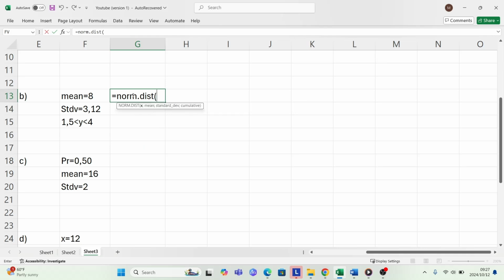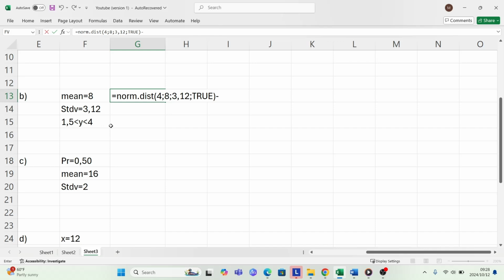In this case, our x is 4, comma, our mean is 8, comma, our standard deviation is 3.12, comma, true. But do not forget to minus